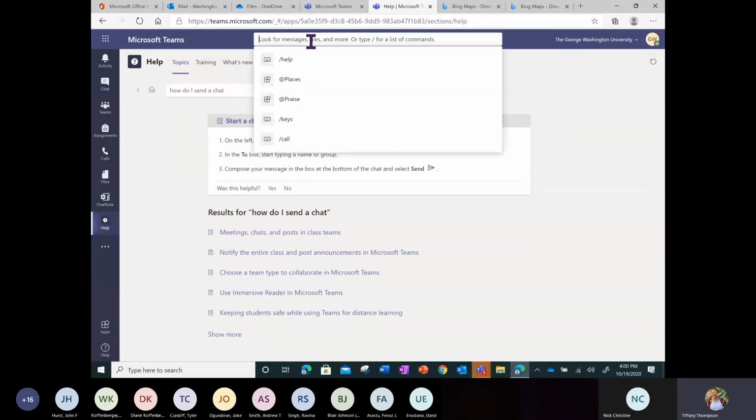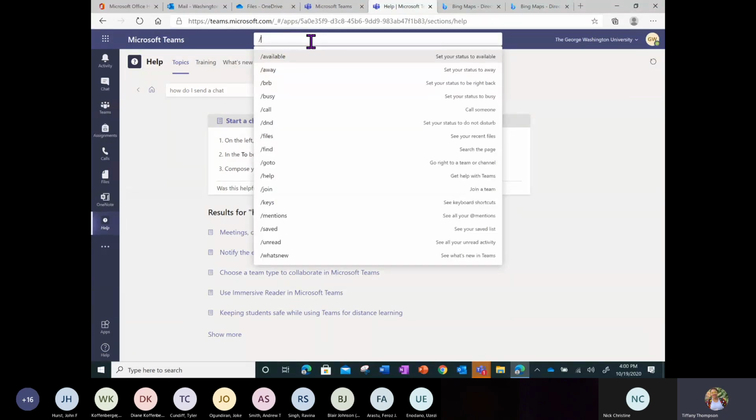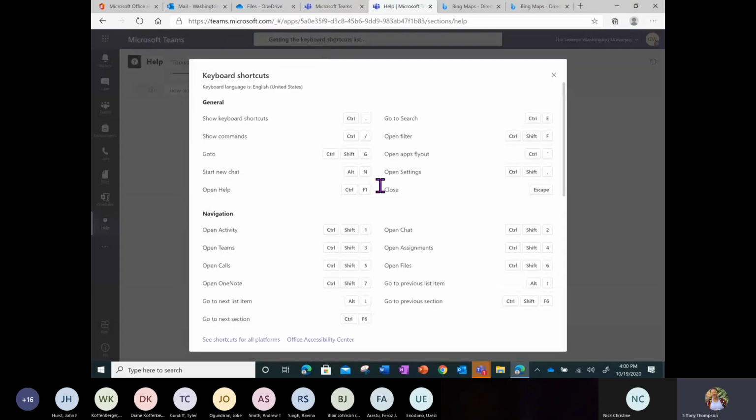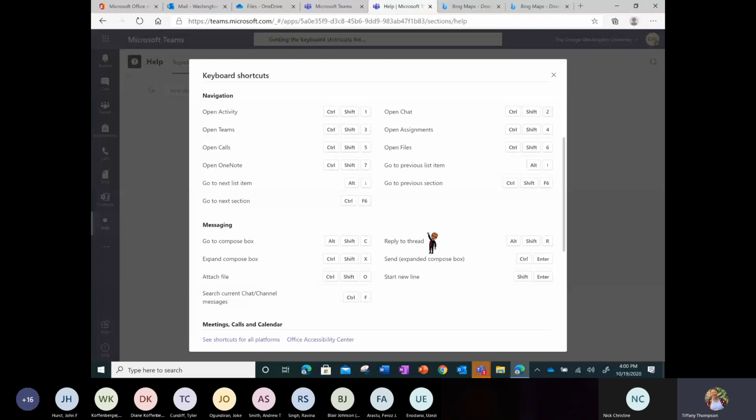My other favorite feature is /keys, which will bring up the shortcut keys. So this is really important in higher ed or just in general. You should always be aware of accessibility features so that you can ensure that when you're working with colleagues who have accessibility needs, or students, because of Section 508, right, you are able to quickly tell them how to navigate the application using the shortcut keys or the accessibility keys.